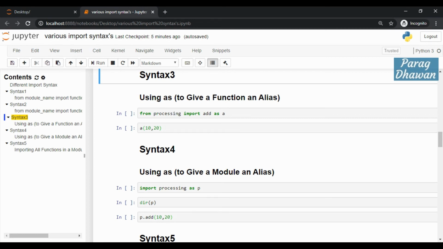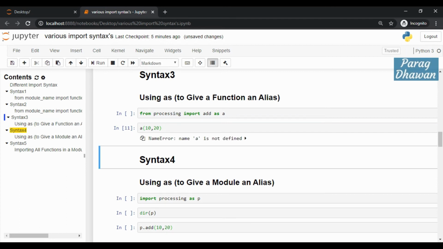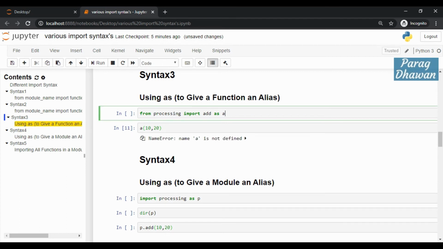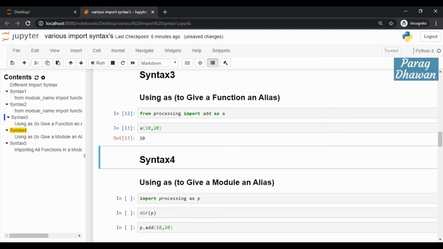So instead of using add, you will use a, and it will give the processing of the add function from the processing module. A 10 20: run the cell first, click on the cell, press shift enter, then a 10 20 will give an output of 30. What we have done is give an alias to a function as a.